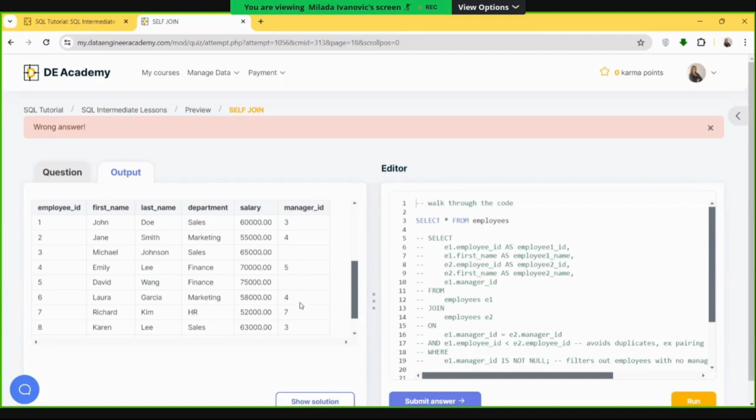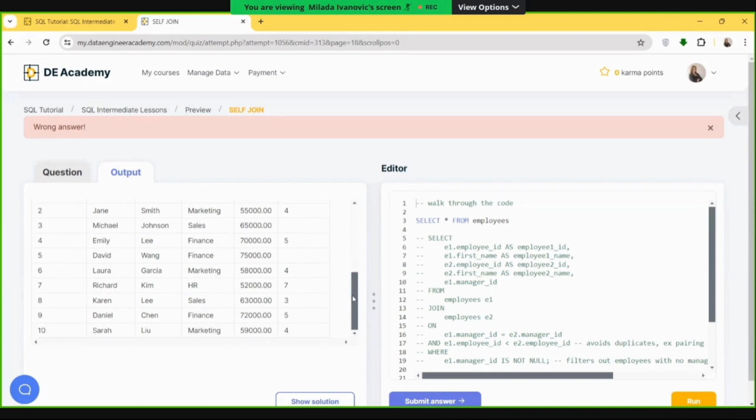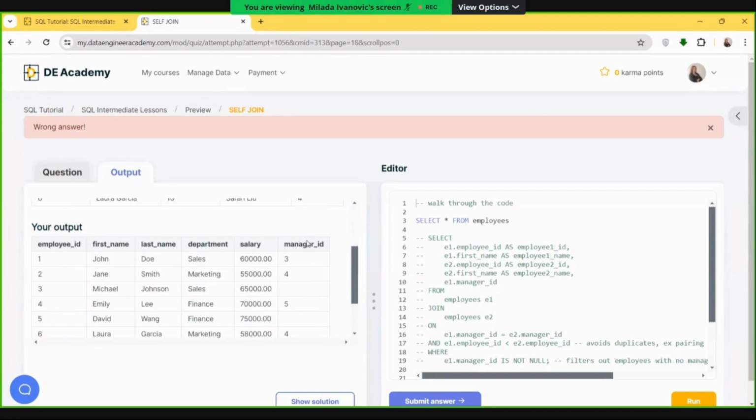Most people have managers; some don't have a value here, meaning they don't have managers. But really, this column refers to this column, but of another row. So if we want employee data along with manager data, we would need to join this table to itself